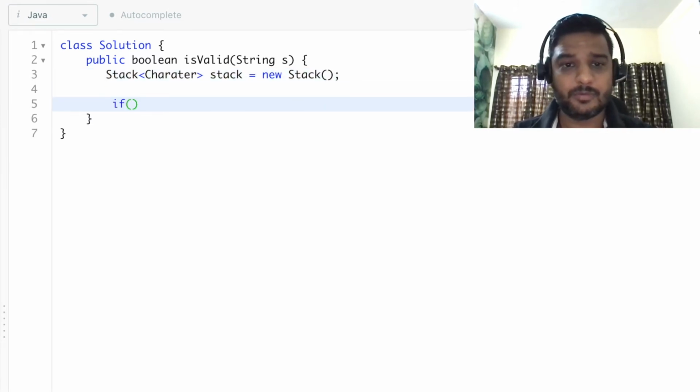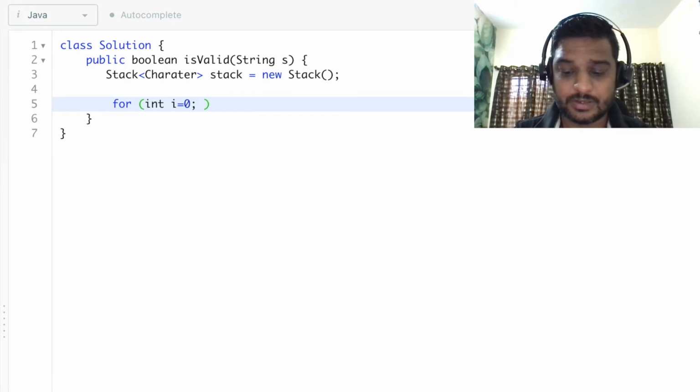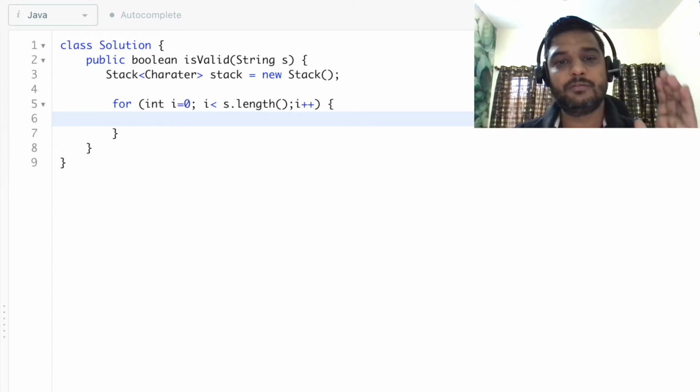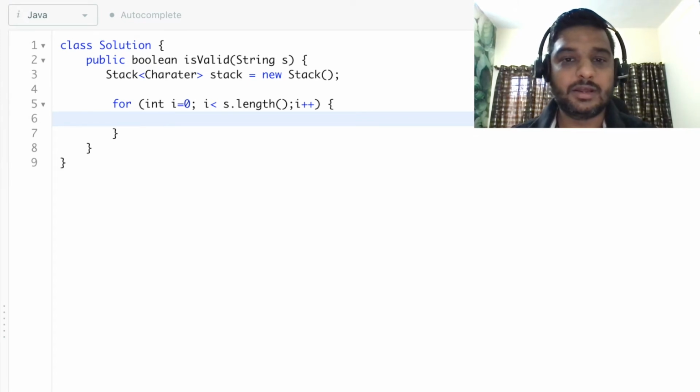Now we can iterate over our string: int i equal to 0, i less than s.length, and i plus plus. We are going from left to right through our string, and we'll check every character.